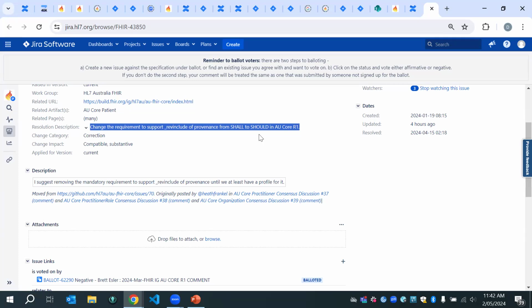Thanks, Richard. So I think, are we happy to continue with the vote on this to make this decision? Again, I will let people know we will be coming back to provenance and making a decision on the whole of provenance, in a consistent fashion, but this time bringing the profile in a later ticket that is just out now in AU Core Block Vote 12. So for this ticket, we already have someone who motioned and seconded. Are there any further comments before we put this to the vote?